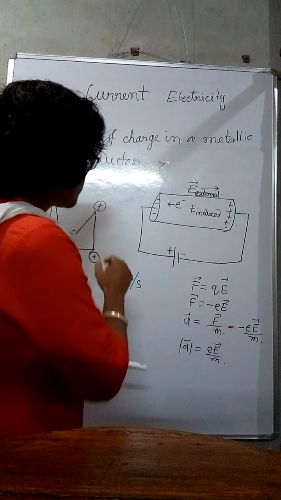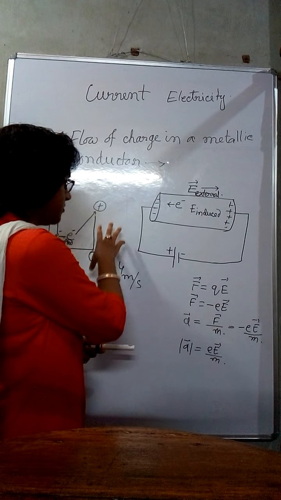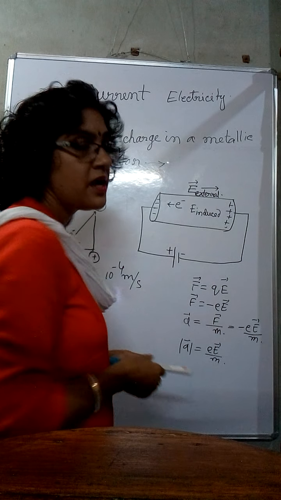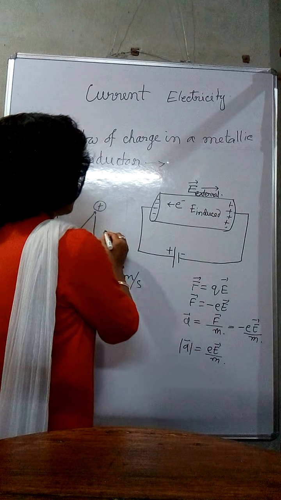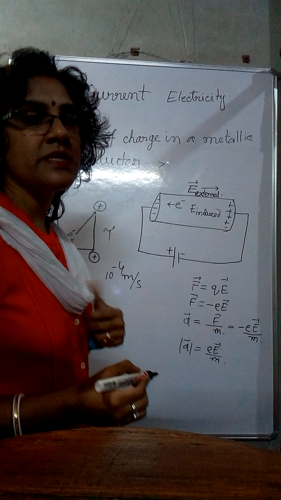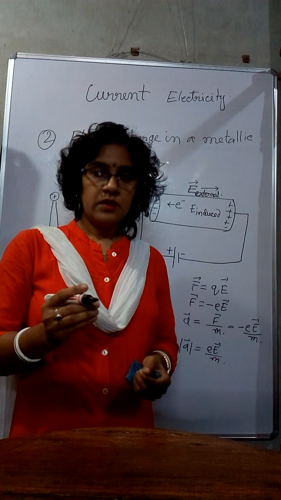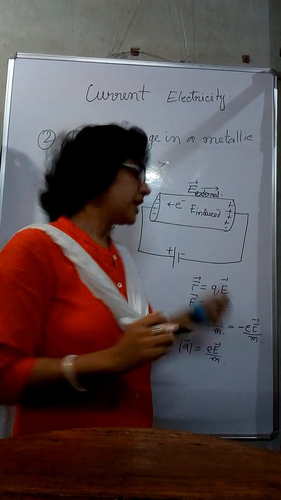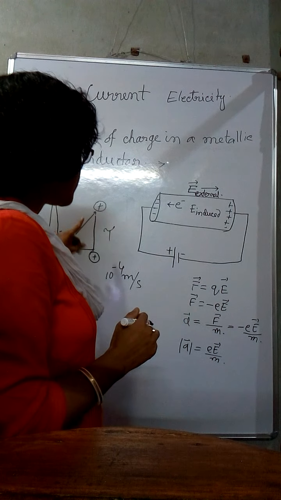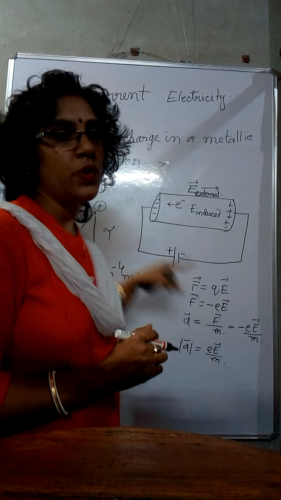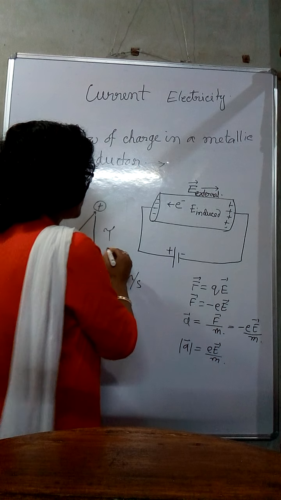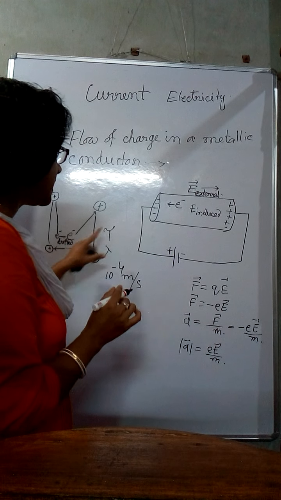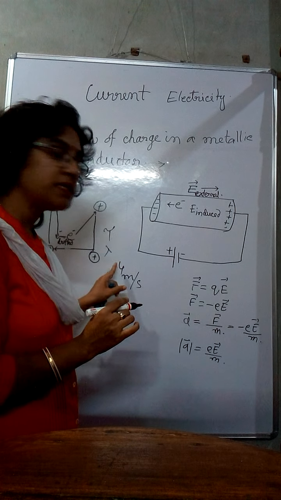Now we should also know that the time taken by the electron between collisions is known as the relaxation time, and its symbol is tau. So tau is the relaxation time taken by the electron between successive collisions. And the distance between two collisions is known as the free path, also known as lambda. So in this case we have learned three definitions: one is drift velocity, one is relaxation time, and another is free path.